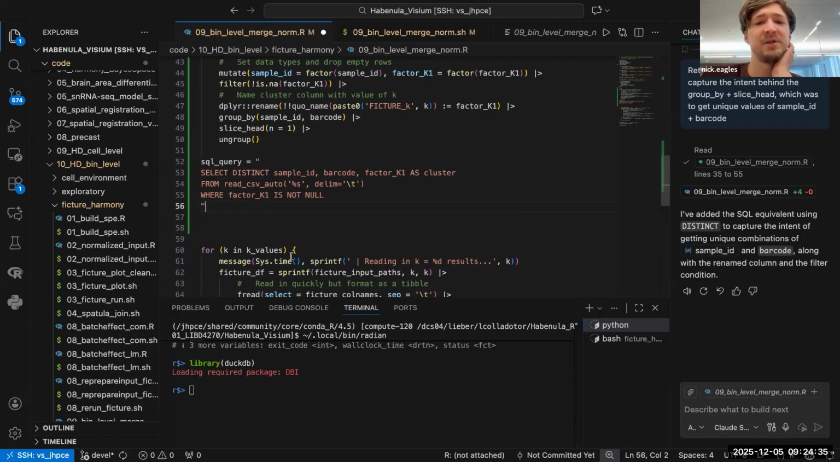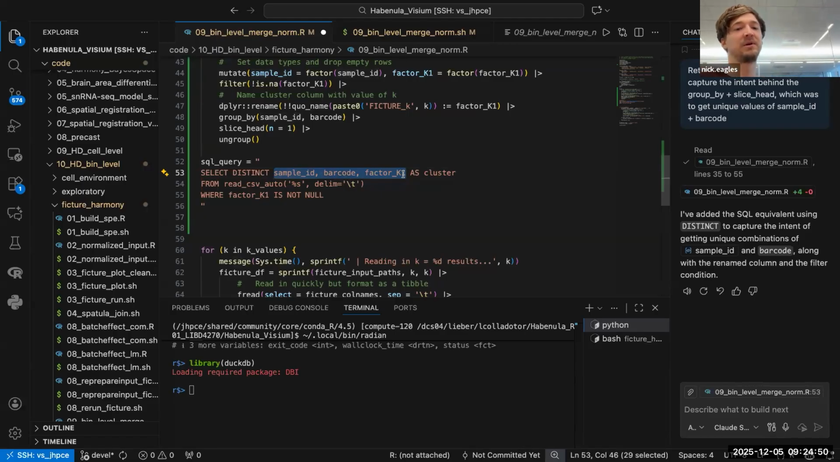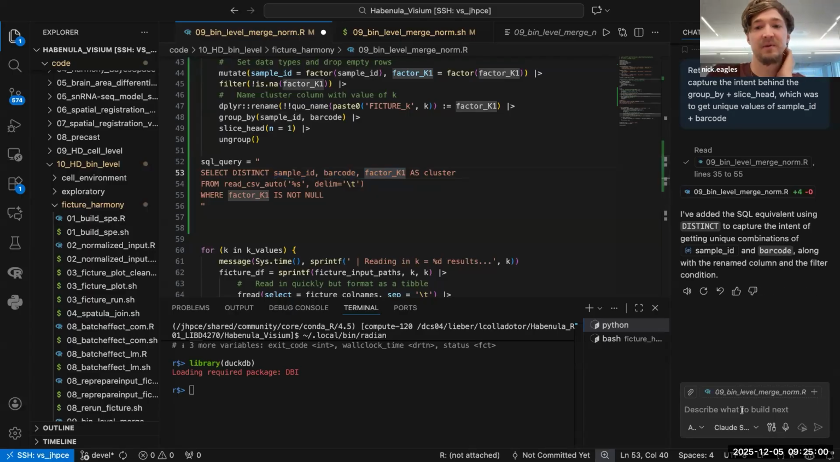We're going to have to do this for multiple clusters, and I don't want to have to copy this. Really, all I want is the sample barcode and then every clustering result. I don't want the sample barcode cluster. I don't want like 40 data frames that are like this. I want just the sample ID and barcode column once. So what I'm going to do is,